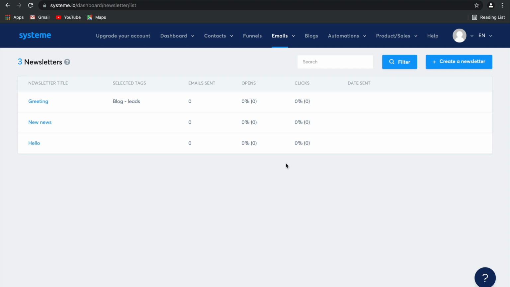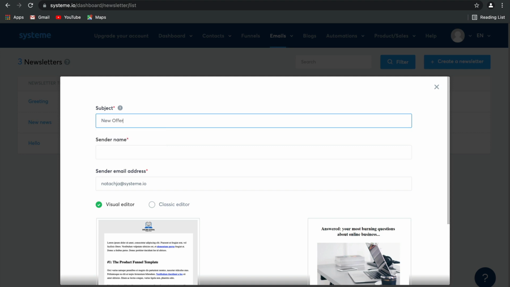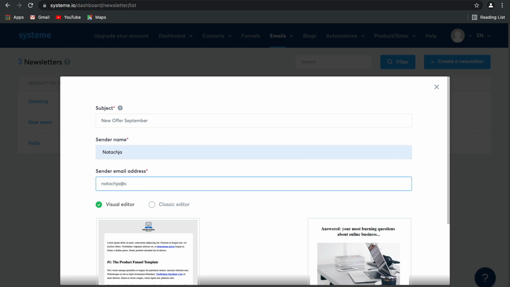You can choose which tags to include and exclude and edit all kinds of details. Let's go ahead and create one together. Say that this is perhaps an email about a new offer for September. You can change your sender name to whatever your name is, and then change your sender email address. I'm going to use